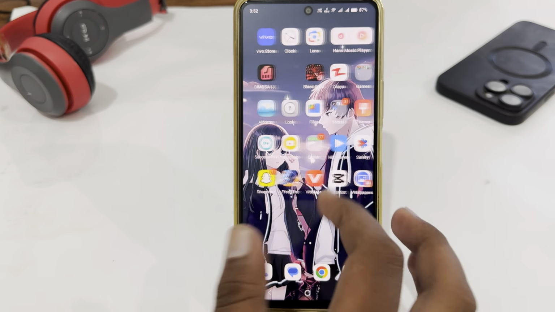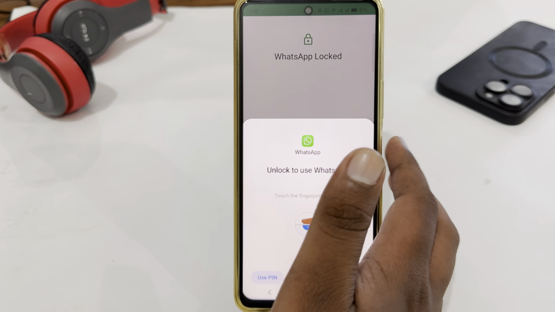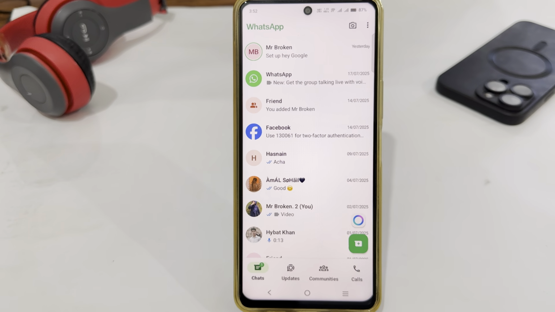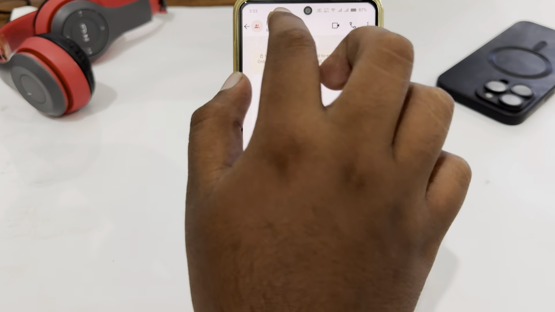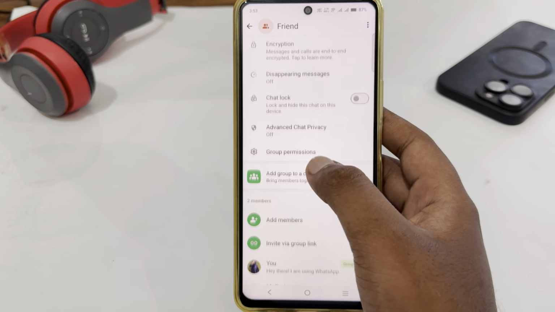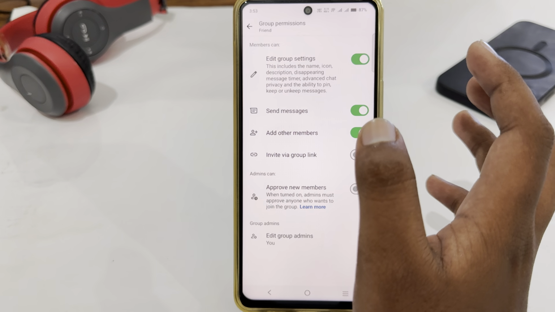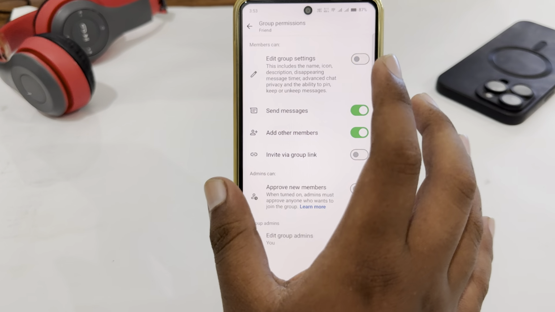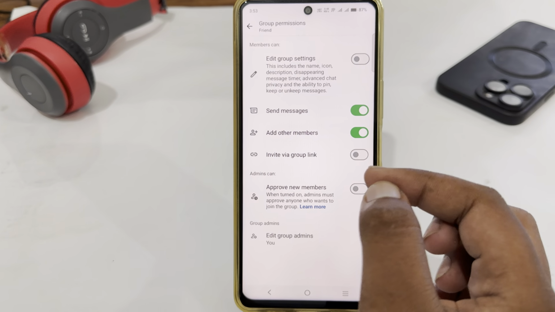For this you just have to open your WhatsApp and here just look for the group as I have just created, so just select it and here you just have to tap on group info and here you will get the group info settings. You just have to select group permissions and here you will get a lot of settings. After that you have to select this one that no one can edit group settings, but here there's no option